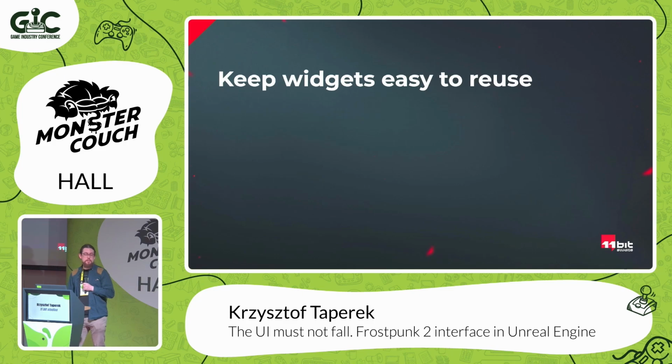Another rule is keeping all widgets easy to reuse. We are spending a lot more time on just implementing them, but they are easier to reuse after that. So we are always implementing panels that should be properly anchored. They should adjust size to content. We quite often make 9-slice, so we are just slicing the texture into 9 textures, and it helps with scaling panels. So we can just change the size of the panel without visual bugs.